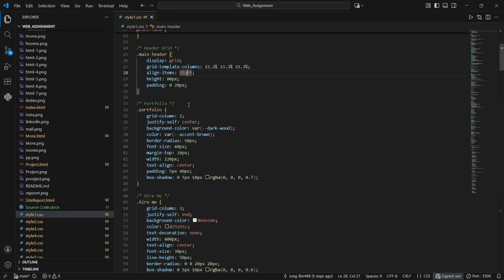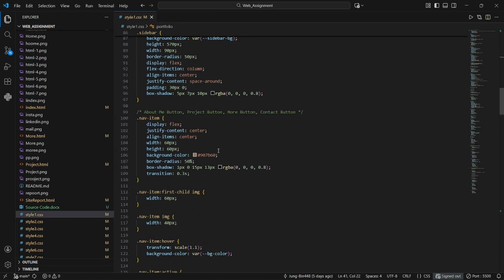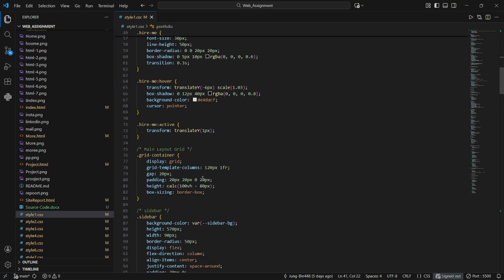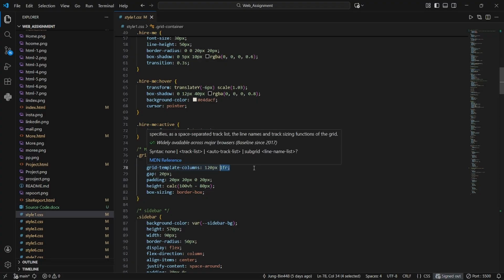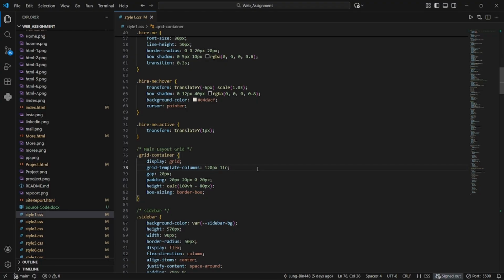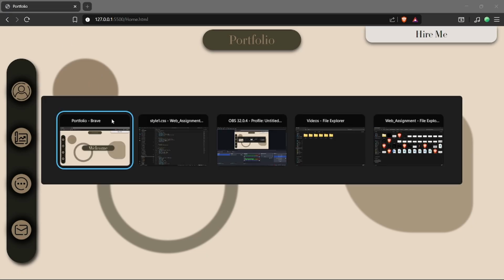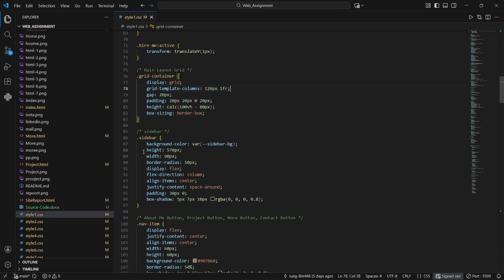Below the header, we can see the grid container, and I used 120px for a fixed column for the sidebar, and 1fr for the content area. This ensures the navigation is always present but doesn't crowd the main showcase area, as you can see here. This is also the floating sidebar, and if we go to the sidebar section here,